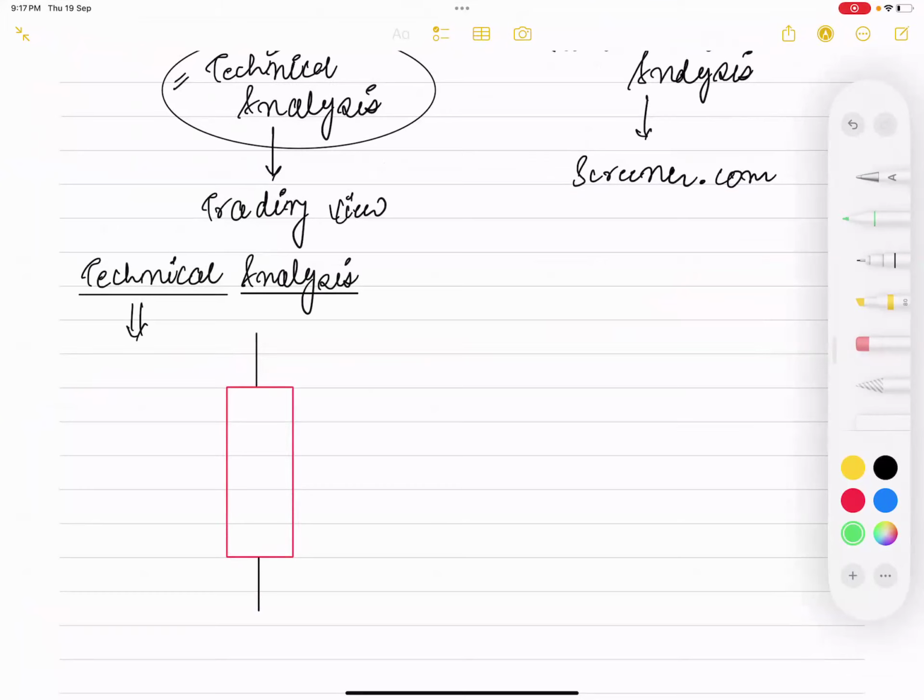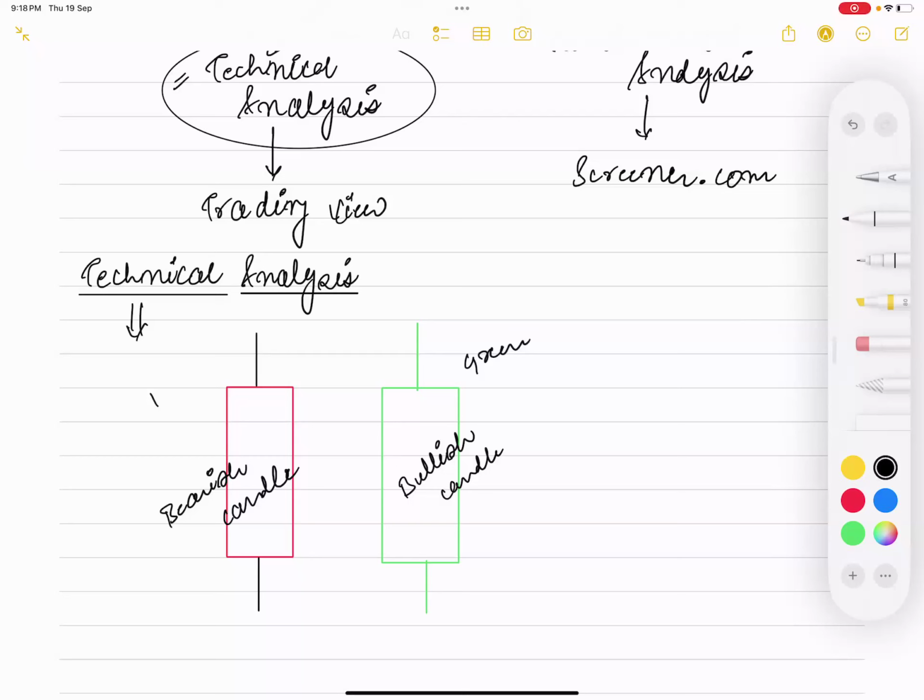Likewise, there can be a green candle. If it's a green candle, it means it's a bullish candle. And if it's a red candle, that means it's a bearish candle. This thing you can write down, although I'll be sharing these notes with you guys. So this is a bearish candle. Please share the notes. Yeah, sure, I'll share that so that you can concentrate on the teaching. And this is the bullish candle. A bullish candle looks like this, which is a green candle. And if it's a bearish candle, then it will be a red candle.